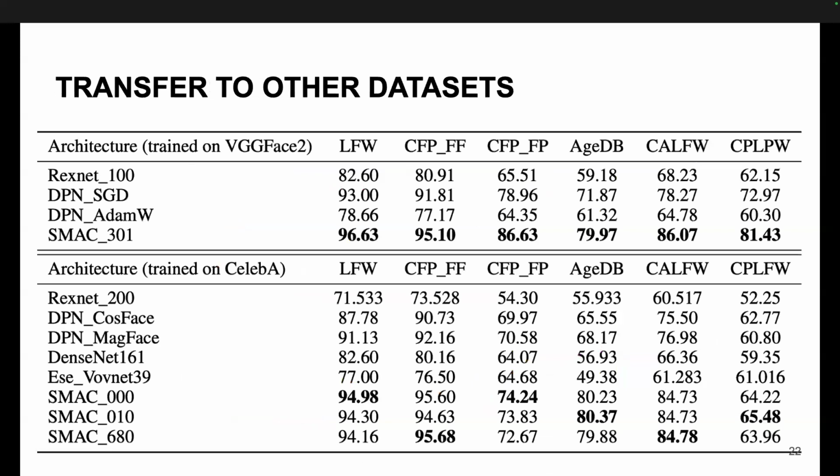And then we take these pre-trained architectures and transfer them directly to 6 different face recognition datasets, for both the architectures pre-trained on VGGFace2 and CelebA. Note that we don't fine-tune, we simply transfer the architectures here. Most of these datasets don't have a protected attribute, so this is a sanity check to see if our models are performant across these different datasets. And we observed that the architectures discovered by SMAC did outperform the handcrafted ones, which are the ones that lie on the Pareto front from our large-scale analysis.